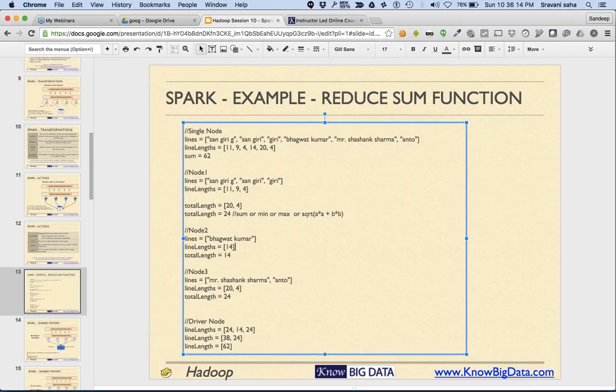Ashok's question is, Sandeep Giri ji, it should be 11, 10, not 11. So 3 plus 4 plus 1. How much is this? 3 plus, okay, that's right. It should be 10. That's correct. So let me just make it good. Good observation. Thank you, Ashok. And then we can sum it up.